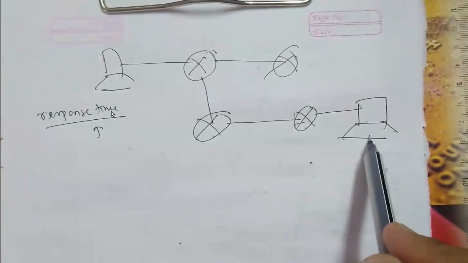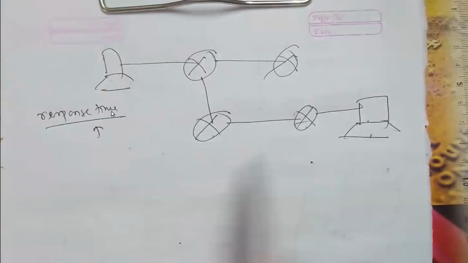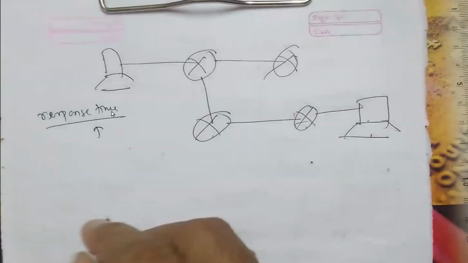But still I want to reduce the response time, on top of that. Is there any solution? Think of the DNS. The mapping for a laptop is stored in a server called the local DNS server. Yes or no? Similarly, in the case of HTTP, there is a concept where, if this is my client,